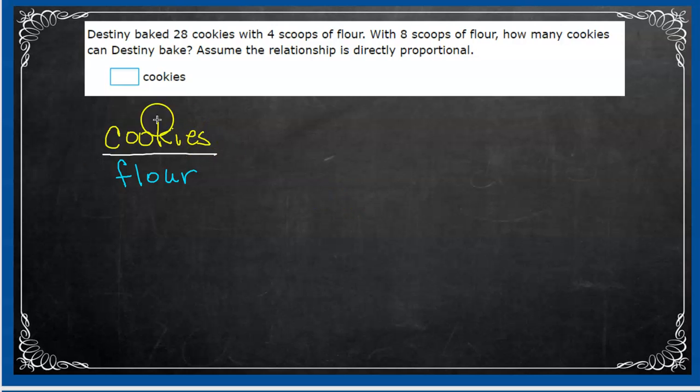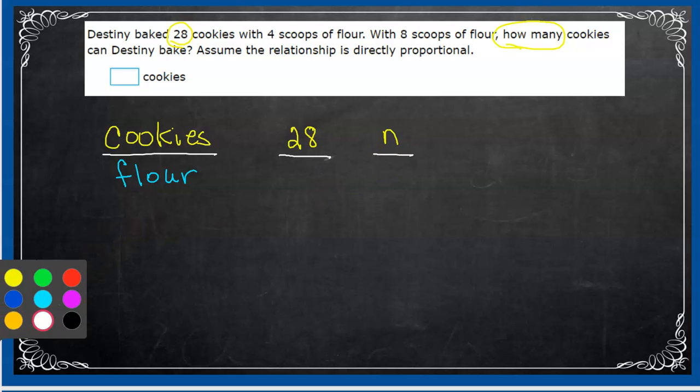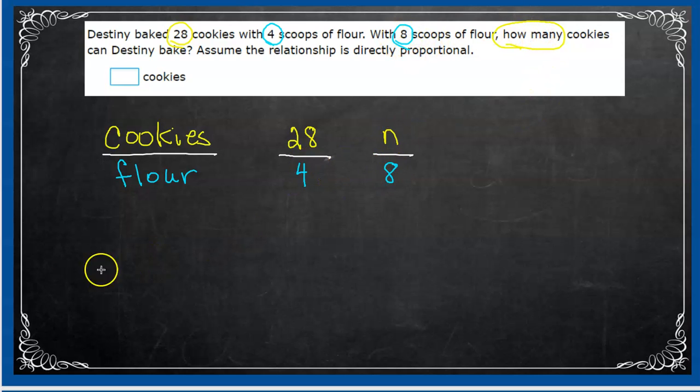All right, so my cookie numbers. I've got 28 and how many? Okay, so 28 and N or C or whatever you want to put there, it's fine. My denominators, the flour numbers: the flour that goes with 28 is 4, so that goes here. The flour that goes with how many is 8, that goes here. You probably already know what the answer is, but we're going to go ahead and do a proportion anyway. So I'm going to do the 4 times the N first, equals 28 times 8 is 224, divide by 4,